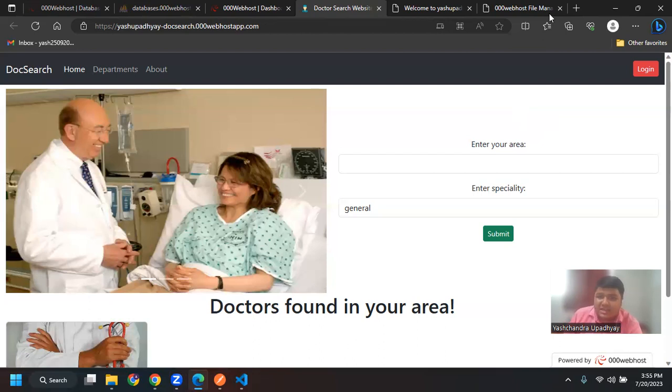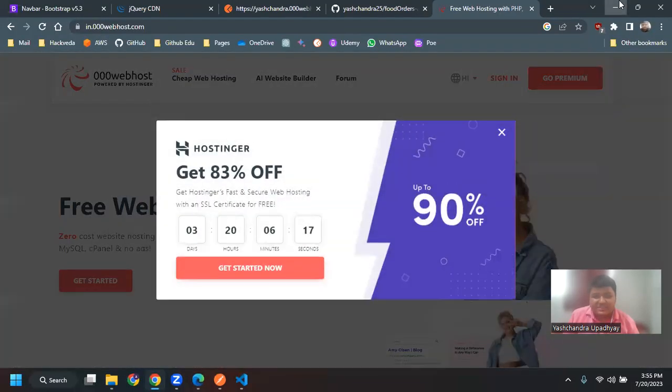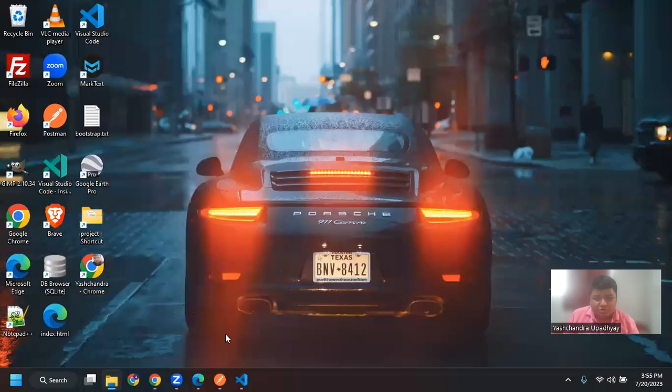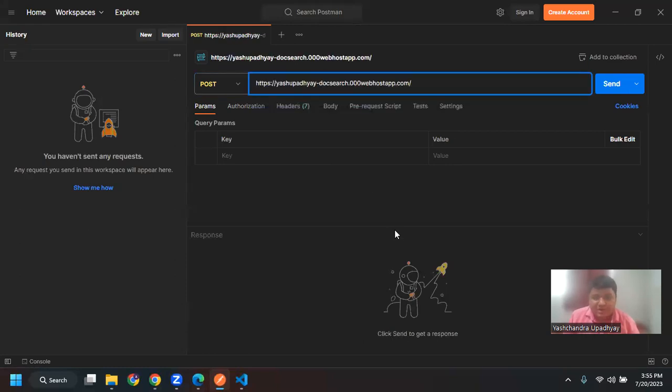simply this is it. And the next thing I wanted to do was, if I just copy this URL, and then go to Postman, I will select POST because I'm using the POST method, right? I will enter the URL, and now I will give the name of my PHP file, or the name of my endpoint. If it was Django, I would be giving the name of my endpoint, such as order. But in PHP, I have to give the file name also. So that was my API.php. And then